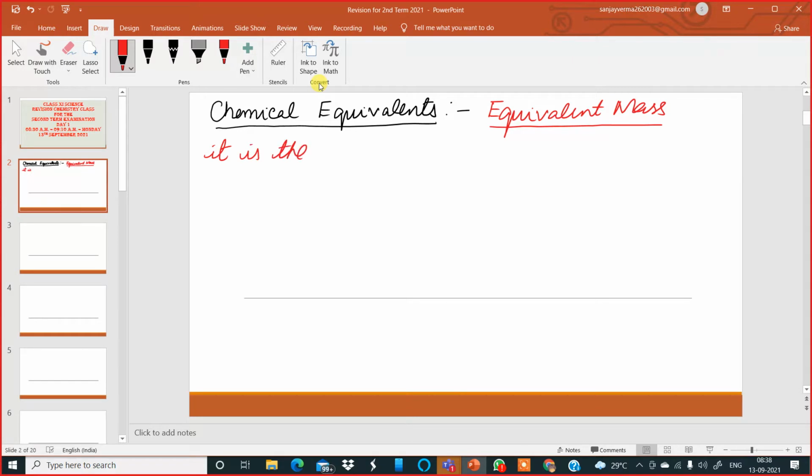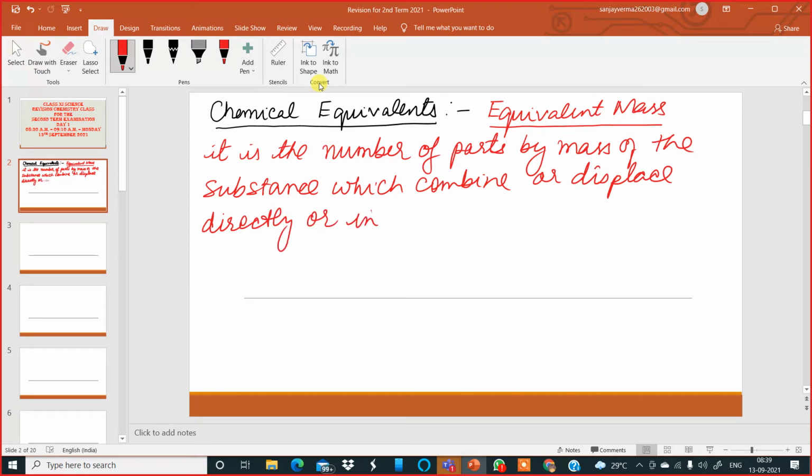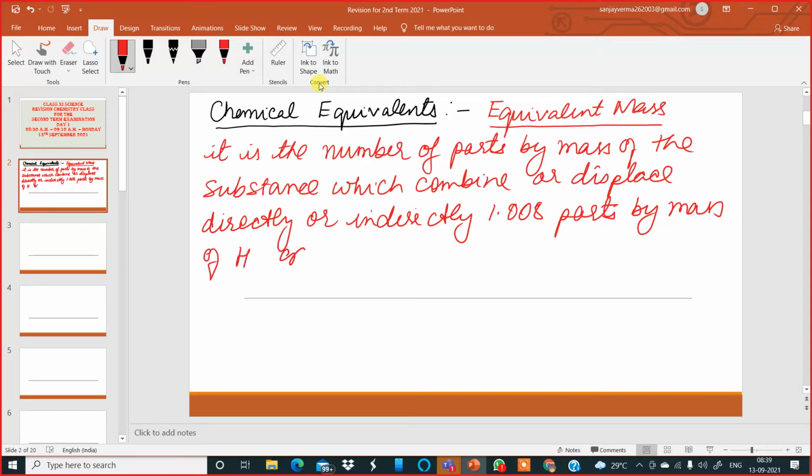It is the number of parts by mass of the substance which combine or displace, directly or indirectly, 1.008 parts by mass of hydrogen, or 8 parts